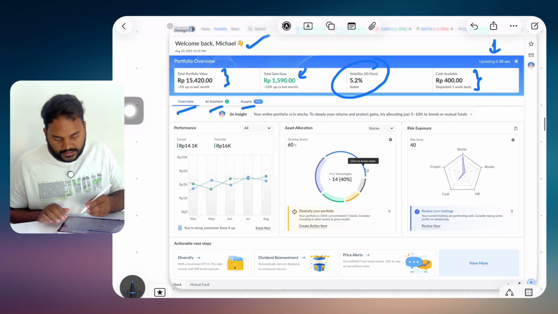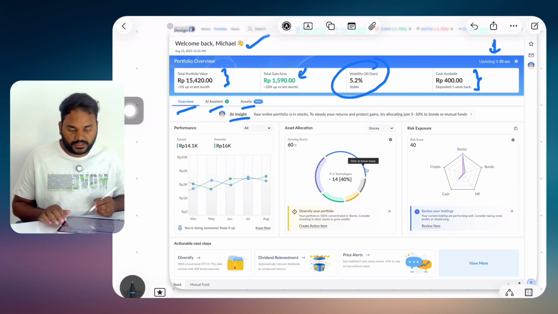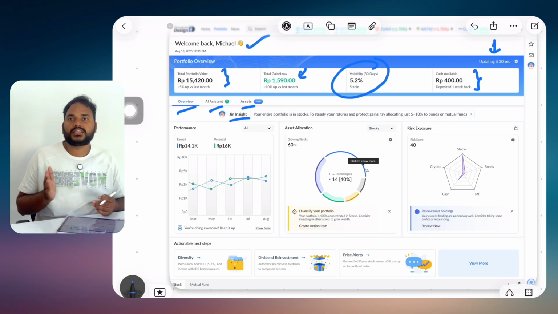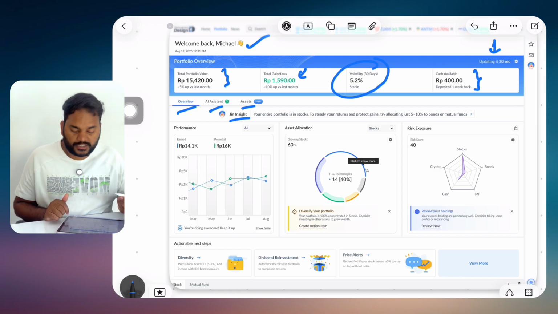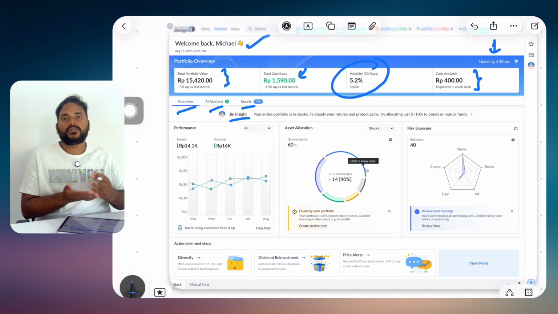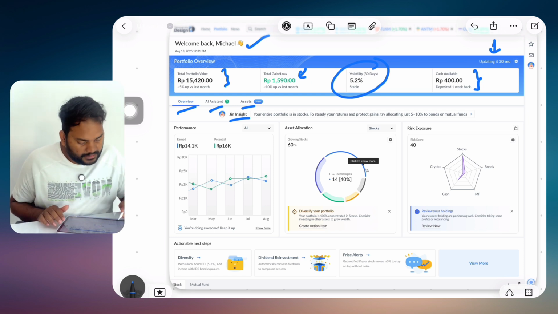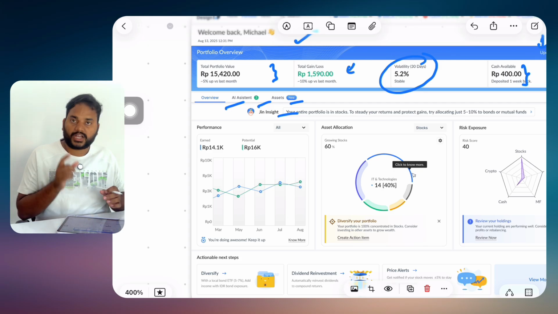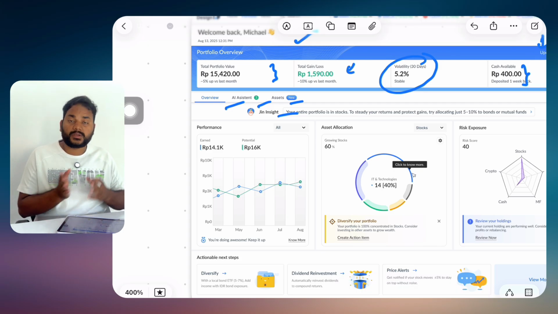Now next is Genie Insight, which informs the user what is happening with their overall portfolio. And next we have these different graphs. Performance will be the first important thing that the user will be seeing. Next one is the allocation, which will help the user to know how their investment is diversified. And the third one is the risk exposure. Now let's go deeper into each chart and how that is different and useful for the user.